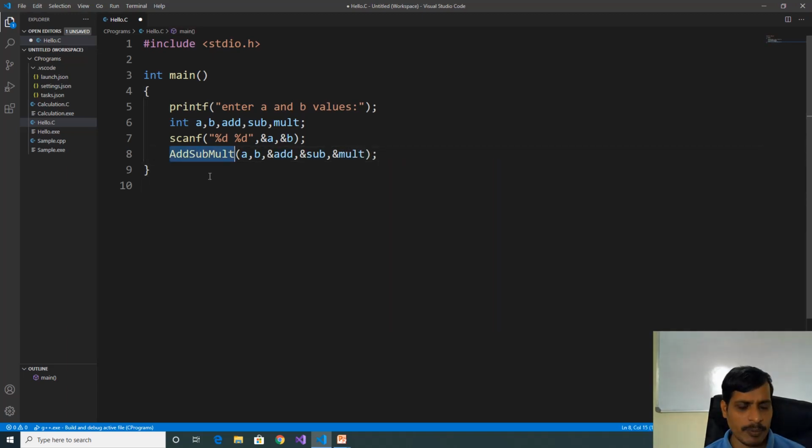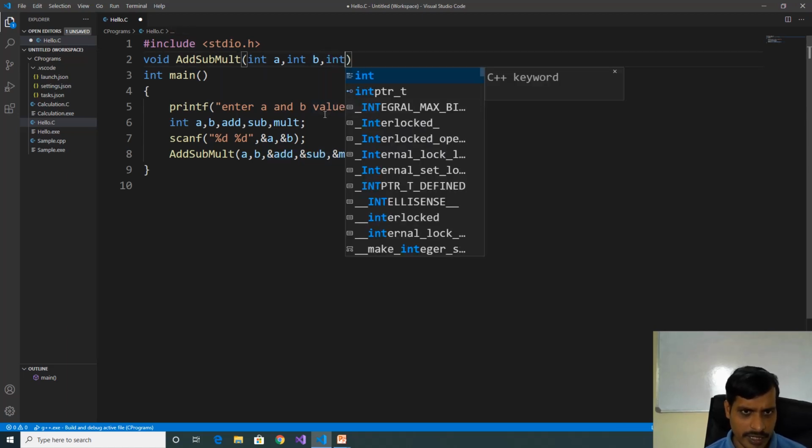Now we need to provide the implementation for the add, sub, multiplication functions. Here void add, sub, mult. Here int A, int B. We are passing the address of these variables. If you want to store the address of the variables, then we need to declare pointer variables.